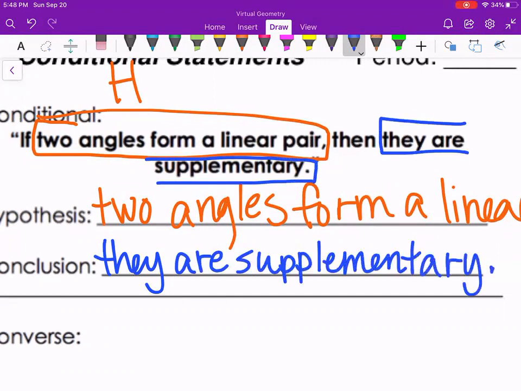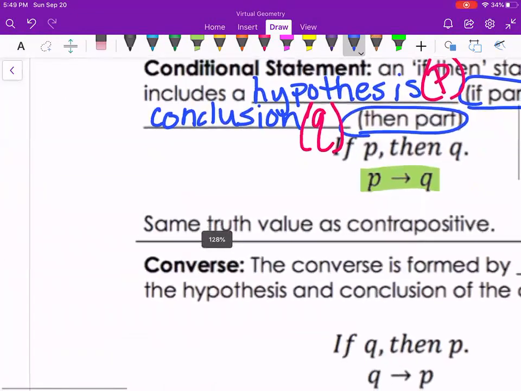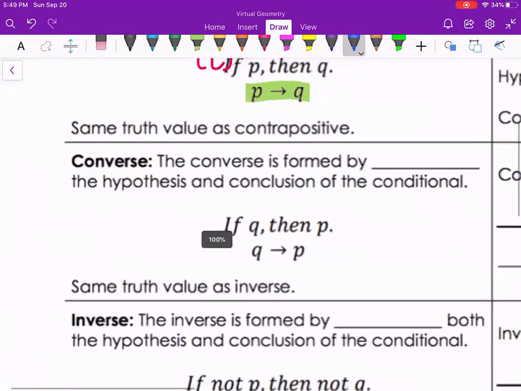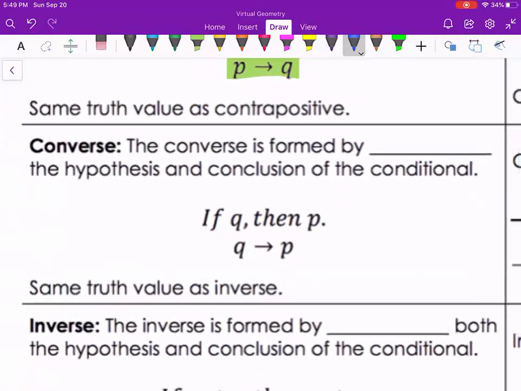Okay, so again, the hypothesis is after the word if, stopping at the comma. The conclusion is after the word then, stopping at the period. So that is our conclusion. Now, once we can identify the parts of our conditional statements, we can rewrite those in three different ways. The first way we have is called the converse,